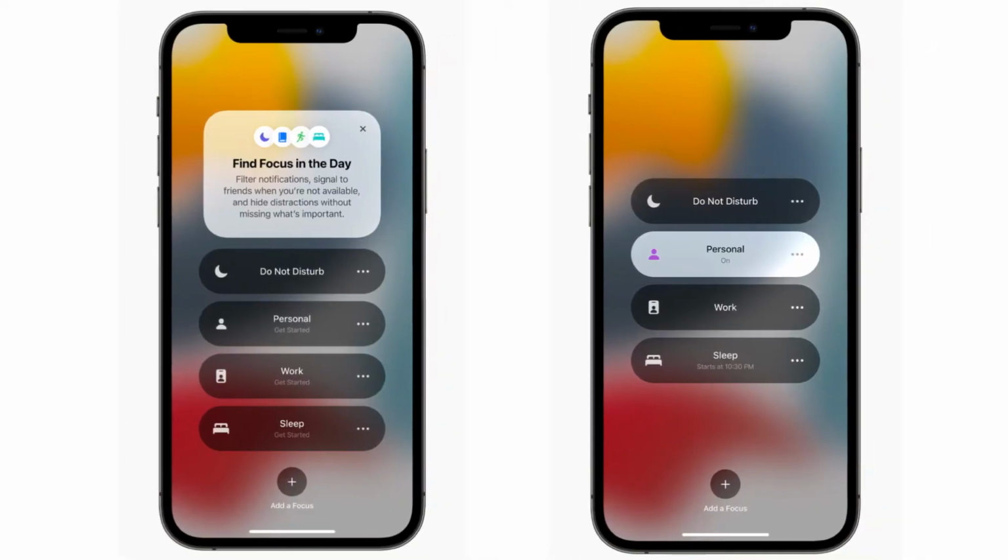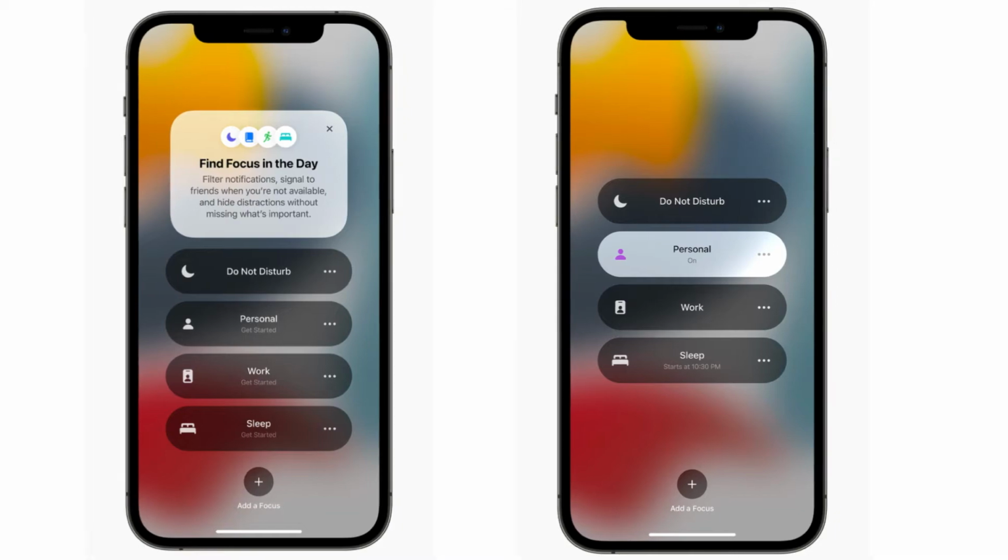in settings. When iOS 15 is released in the fall, you'll be able to create custom presets to configure which notifications you get. For instance, you can create a work preset that only shows you work-related notifications, or create a home preset that only shows you notifications you want to see while you're at home. You can then set the preset to automatically enable based on your current location or during a certain time frame. But stay tuned for a future video on the updates coming to Do Not Disturb in iOS 15.